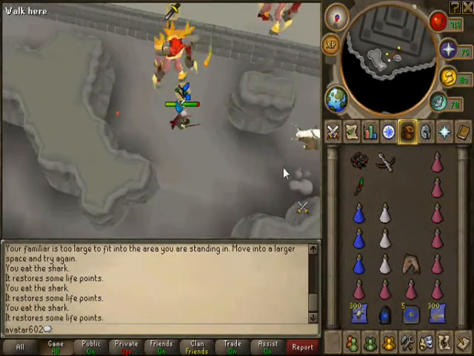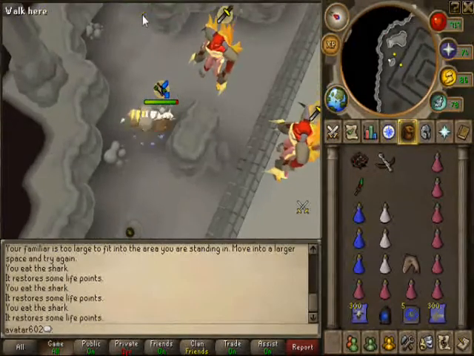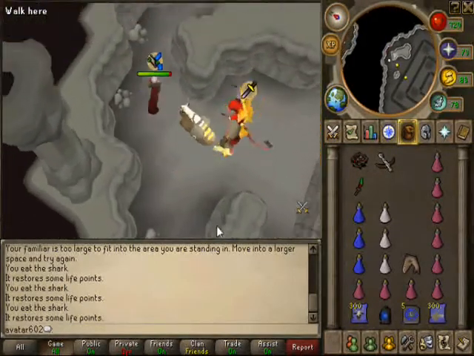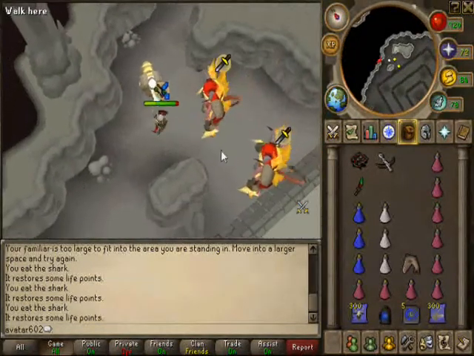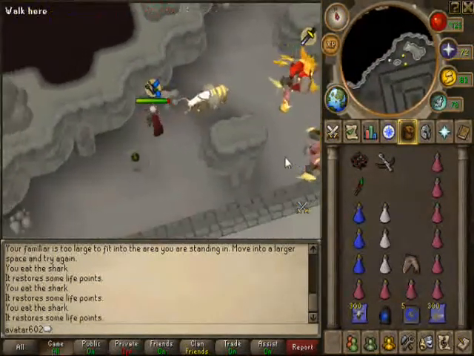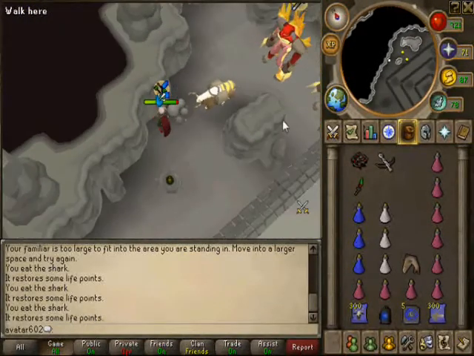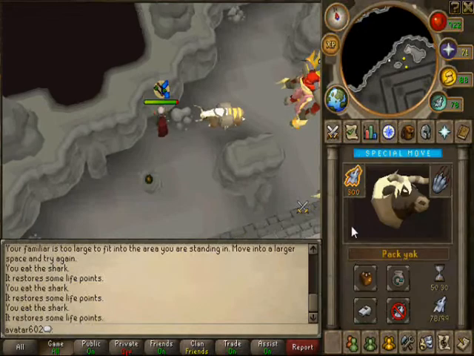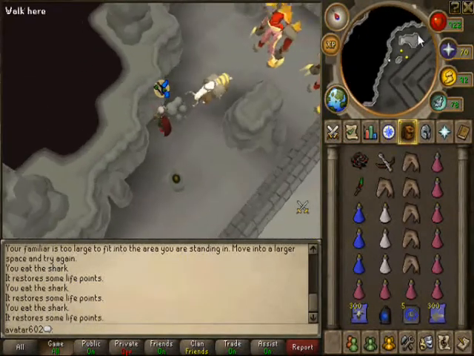So what you're going to want to do is run over to here. Try to get this one lured a little bit more south, north, and then you're going to run right over here. Yeah, it might be a lot of work, but the first time that shouldn't have happened. And now you'll be able to kill the TD without being interrupted by this tormented demon. Then you'll be able to, whatever this spawn is,